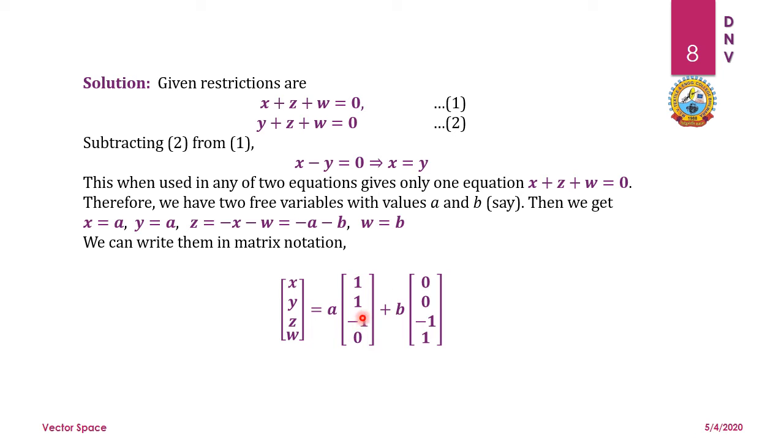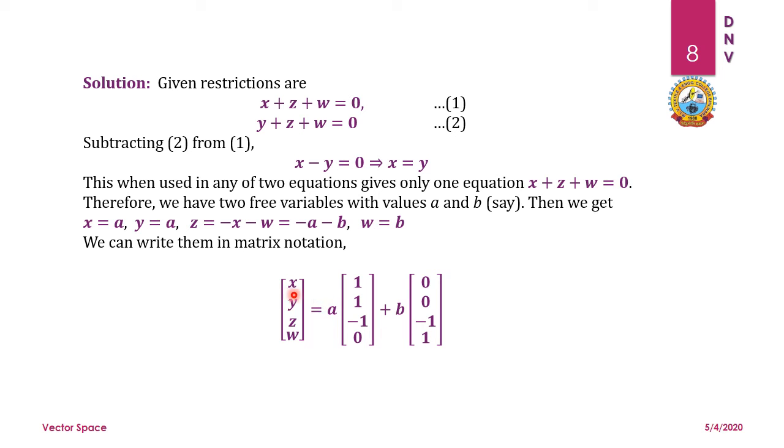And these vectors are derived from the condition that X is having only A. It is not having B. So there will be 1, 0. Again, Y is also having A, so it will be having 1, 0. There is no component of B in Y. But Z contains both A and B with negative 1 as a coefficient, so I can write A -1 and B -1. And W is not having the A component, so it will be 0, 1.